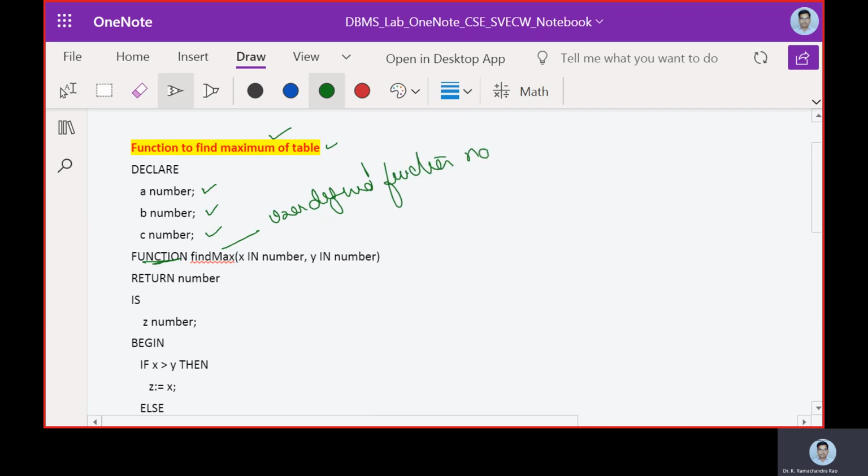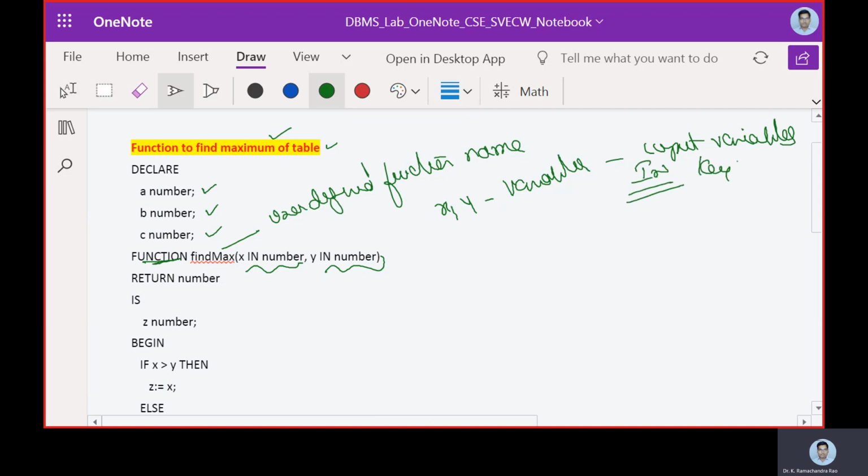function name. Now you can see that x comma y, they are variables, and that too we will call them as input variables. The reason is it is using the in keyword.